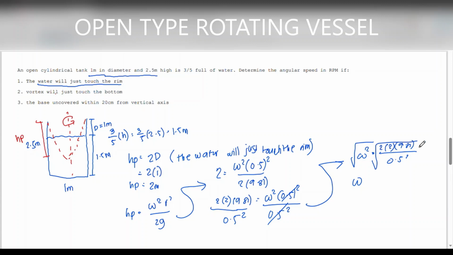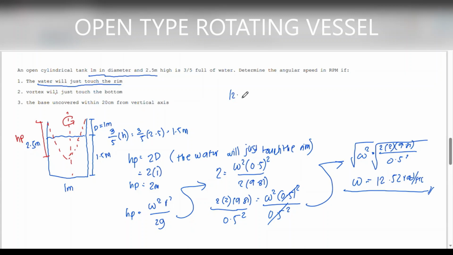So omega is equal to the square root of 2 times 9.81 all over 0.5 squared. So that is equal to 12.52 radian per second. Since the problem states that it should be in RPM,